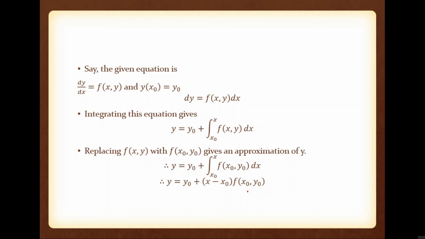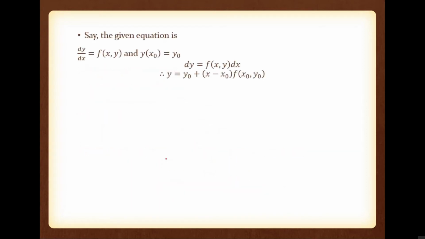Okay, so if x is very close to x0, then we can substitute a value for x, say x1. If we are substituting a value x1 for x, where x1 is very close to x0, then we can replace this x with x1, and then the corresponding y we have to replace. Y is replaced as y1.